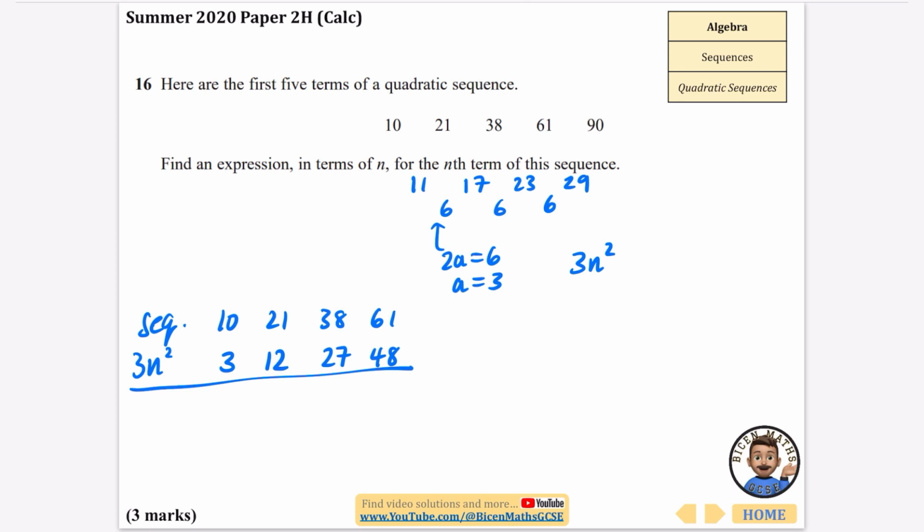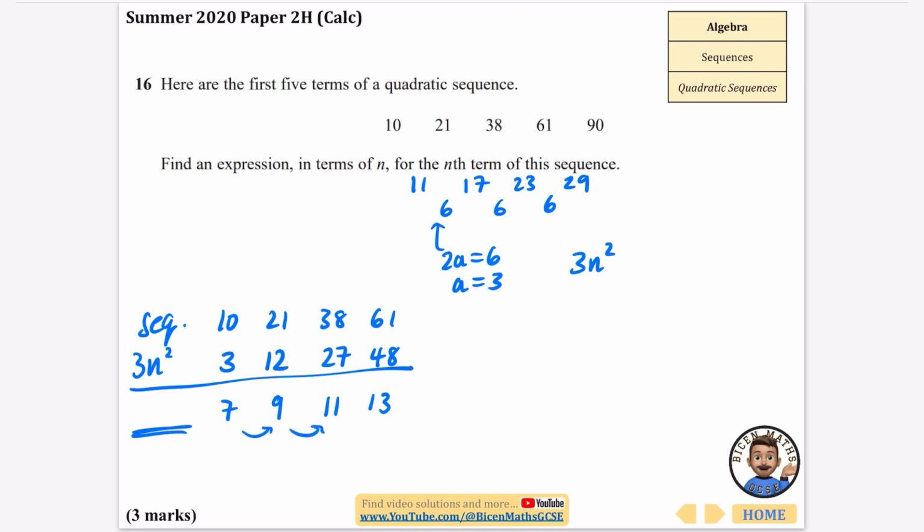So then we subtract these. 10 take away 3 is 7. 21 take away 12 is 9. 38 take away 27 is 11. And 61 take away 48 is 13. So all we need to do now is find the nth term of this,